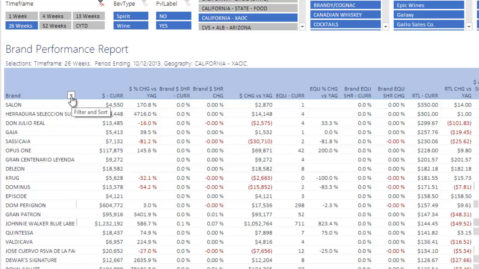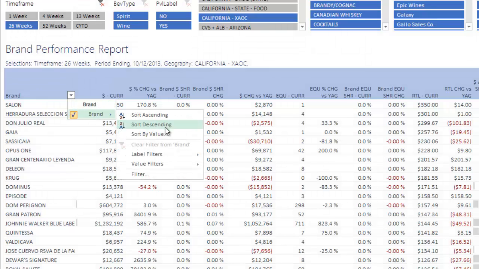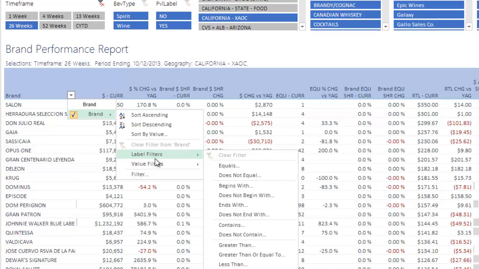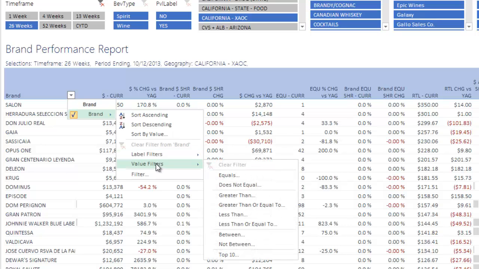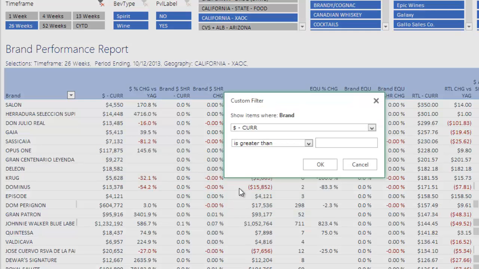Let's look at some of the additional capabilities from this drop-down Filter and Sort button. We discussed how we can filter by labels, so basically making selections based on what it says in the column. We can also filter on values. So we might want to see a list of all brands where we're imposing some criteria on a measure. So say greater than. We want to see those with retails or $current greater than some number. So let's just say greater than